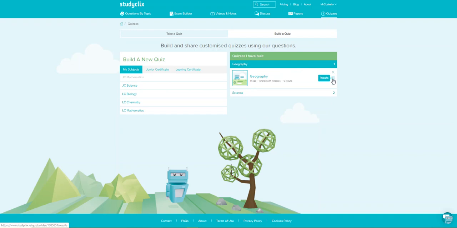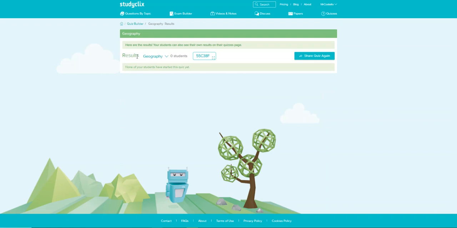When you click into that, they have to do the test first. It tells you here, 1 hour ago, shared with one class, and there's no results obviously because no students have done this test yet. But once they go in, click into the link and do the test, it'll show up here on Study Clix. You obviously have to set up a Study Clix account, and the student has to set up a Study Clix account as well, and the accounts are free essentially. Then you can click in here into results,